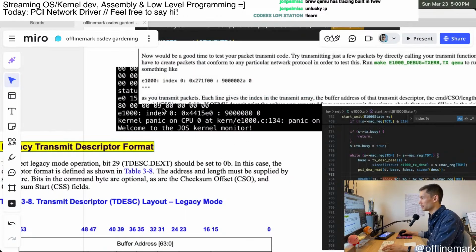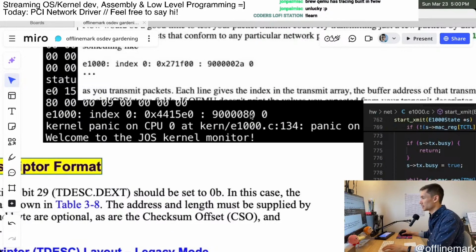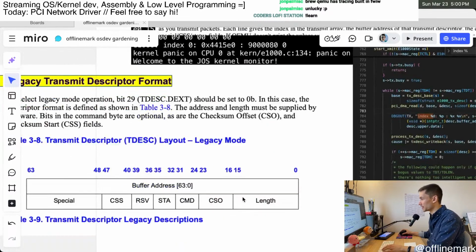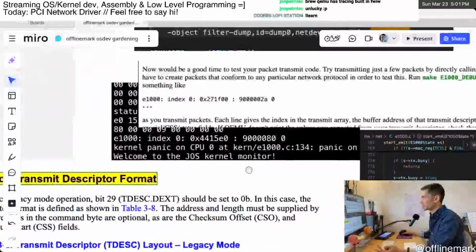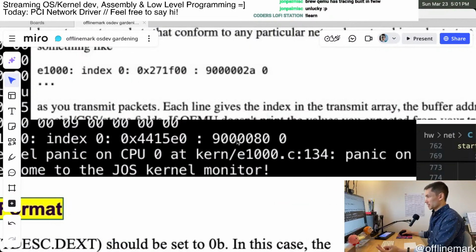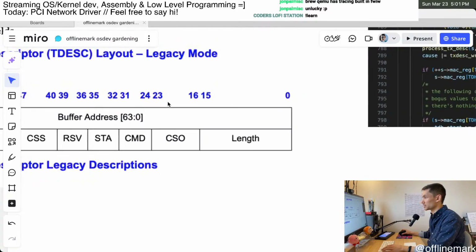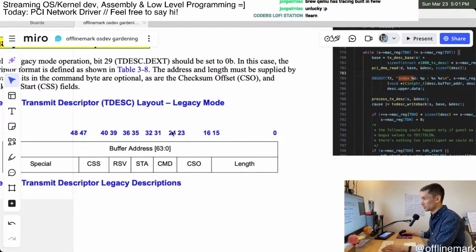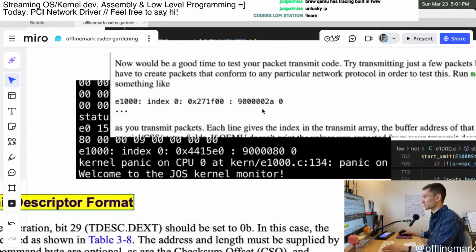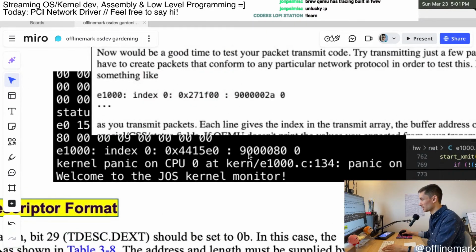So that makes sense to me. And it's a 16-bit length, so that's up to here. And then we have the CSO, which is some other thing, which is 8 bits. So that is the next thing, which leaves us at our 9